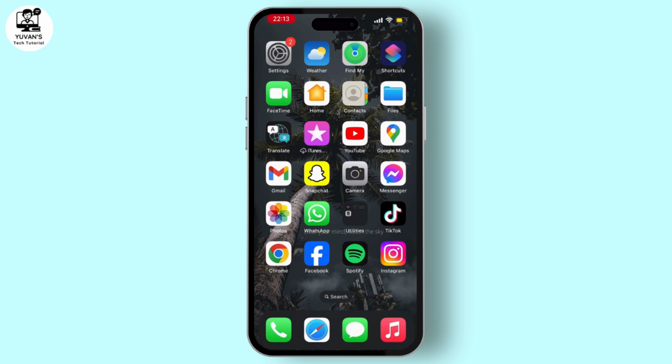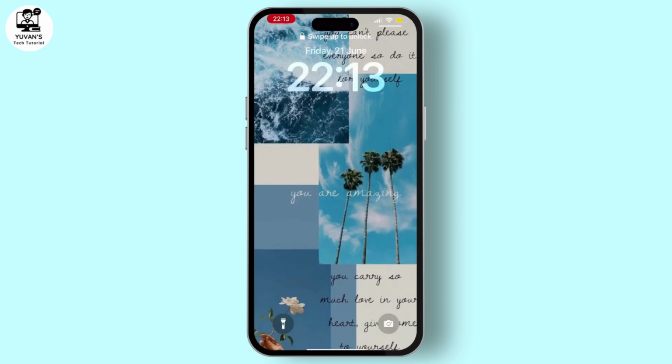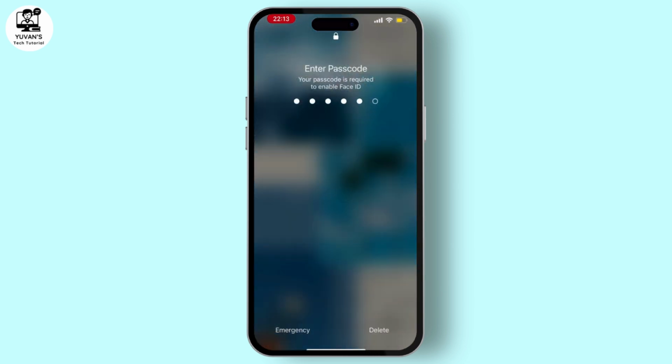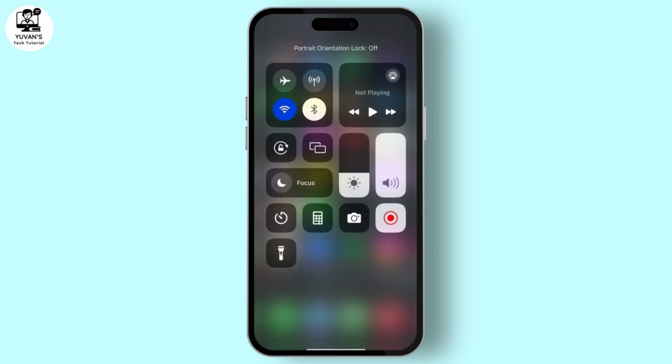First of all, what you can do is shut down your device for 20 to 30 seconds and then restart your device, and then it might work for you. But if it is still not working, then open your control center from the top and then turn off the